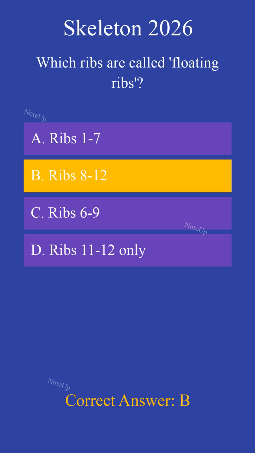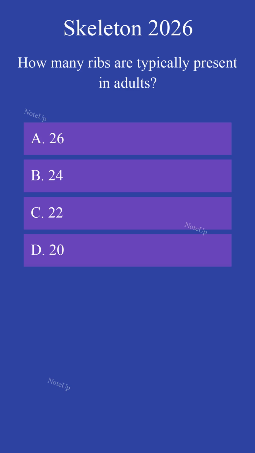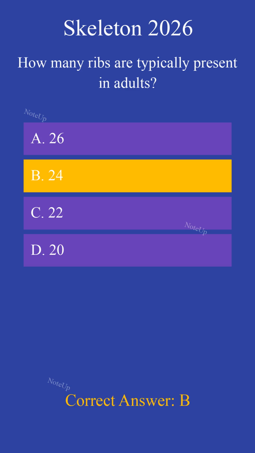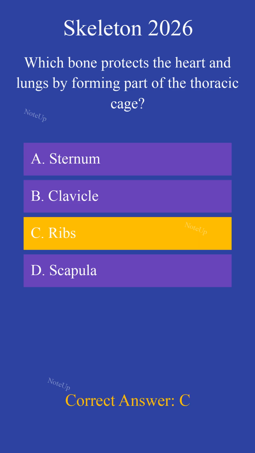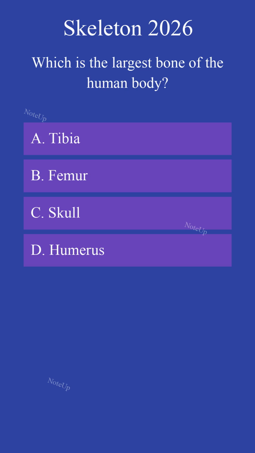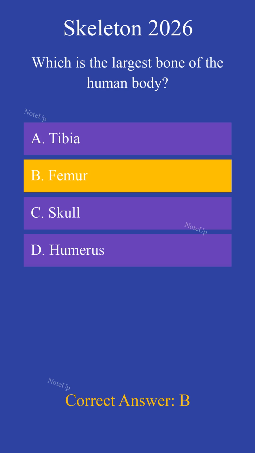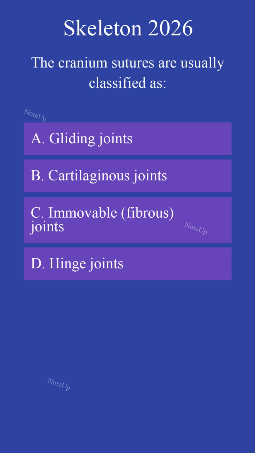Ribs 8 to 12. How many ribs are typically present in adults? The correct answer is B. 24. Which bone protects the heart and lungs by forming part of the thoracic cage? The correct answer is C. Ribs. Which is the largest bone of the human body? The correct answer is B. Femur. The cranium sutures are usually classified as...